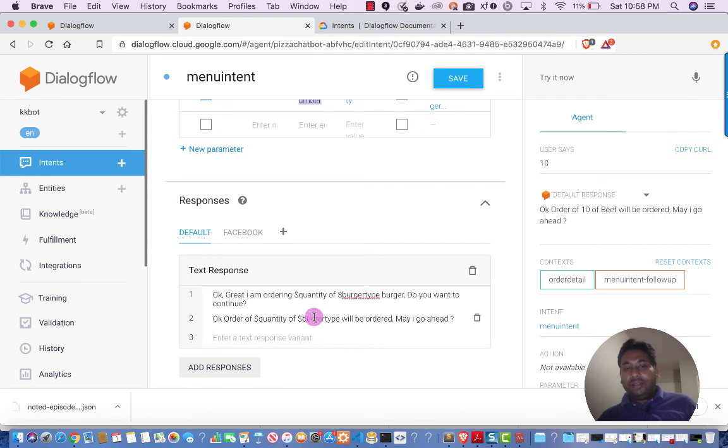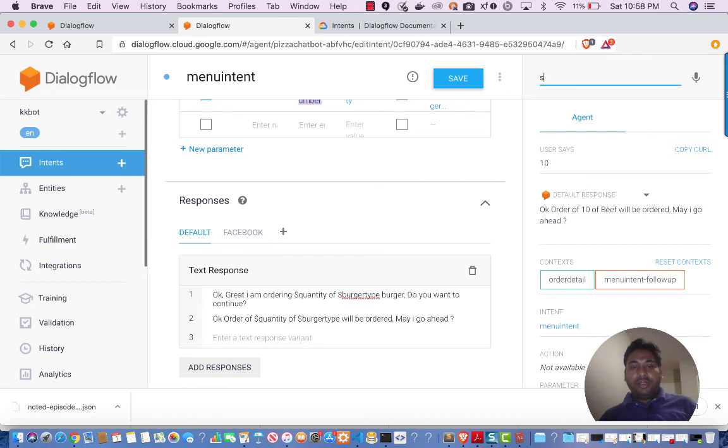And then we have another intent, which is known as the order detail intent. Here, once you are ready for your order, I require their phone number, first name, last name, email, and address.